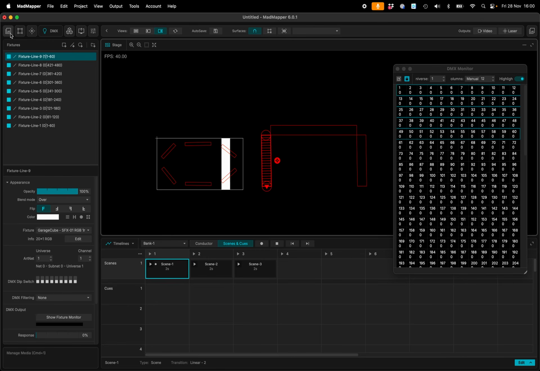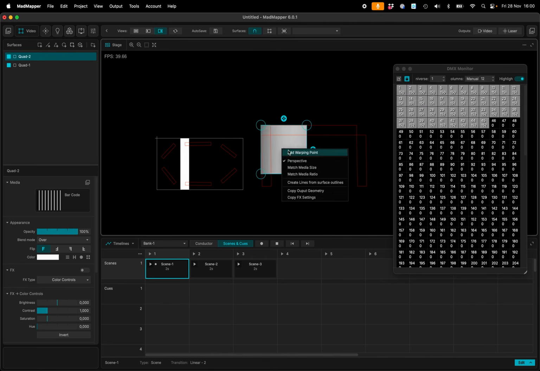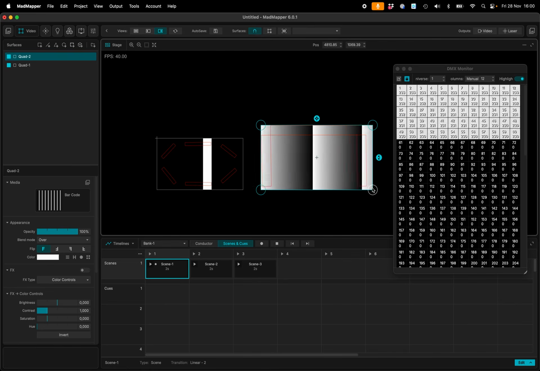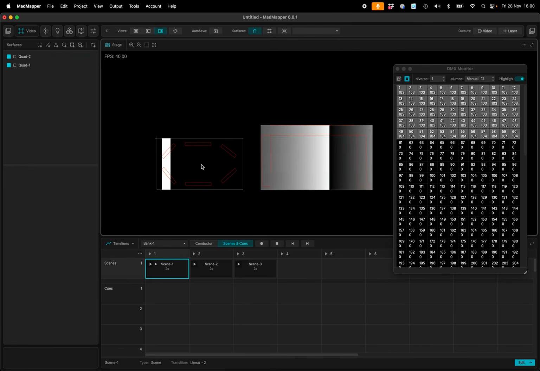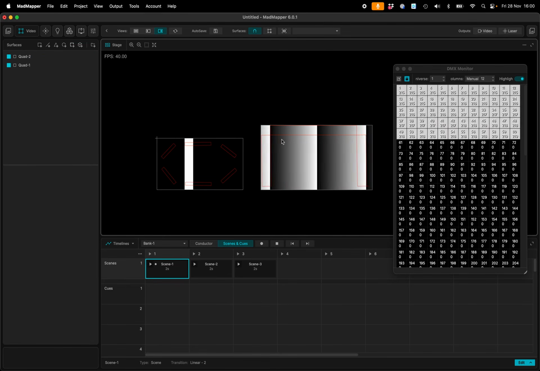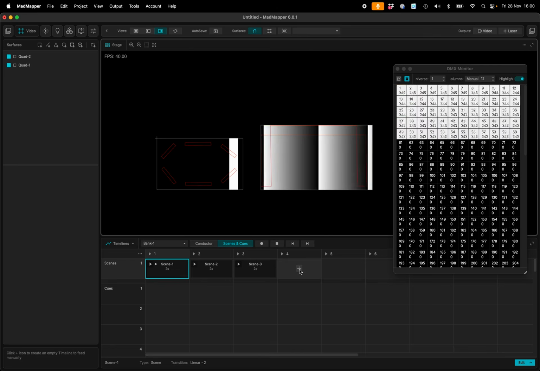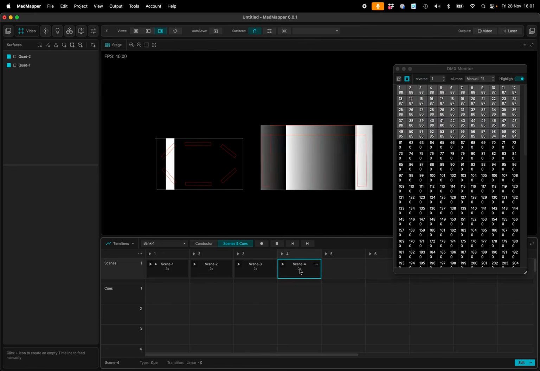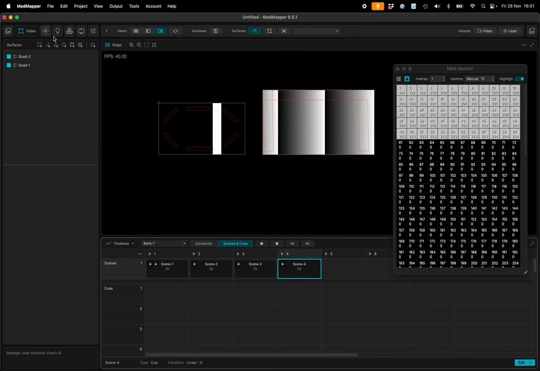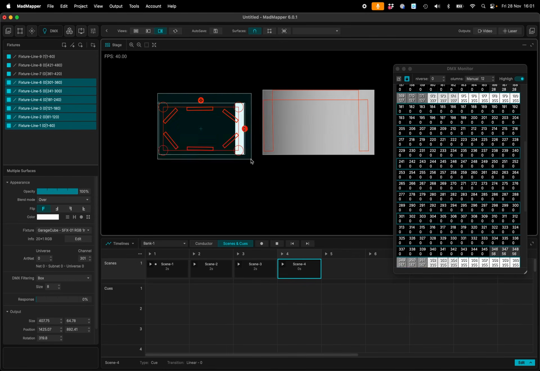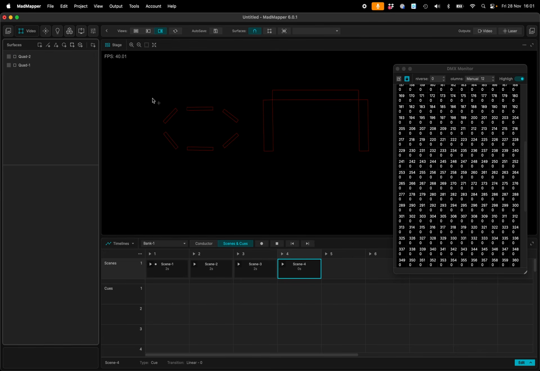I want to put different content on this part, and then I can do it easily like this. And here, as you can see, I have two different visuals for different fixtures, and I can see all at the same time, which was not possible in the past. And the other advantage is that, if I take those fixtures, if I hide the quads,